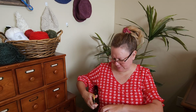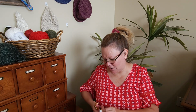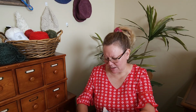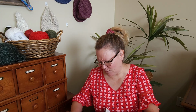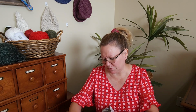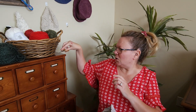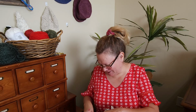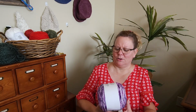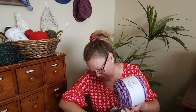Trusty scissors. Now, this is my second order from Hobbii, and I got a little bit more adventurous on this one. I wanted to order a few different yarns that I could explore and play with and see what they're like. I don't actually remember what all I ordered. I see purple, and I do remember I ordered a lot of purple because purple's my favorite color. So I got three, it looks like three of these